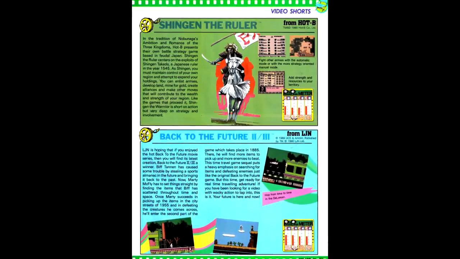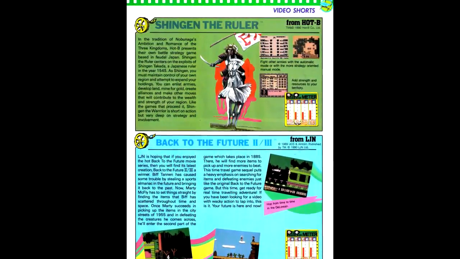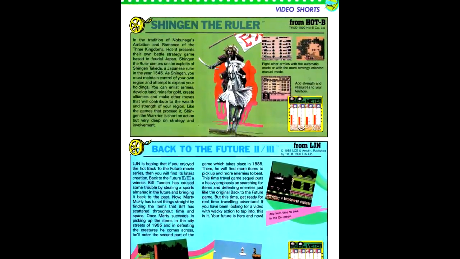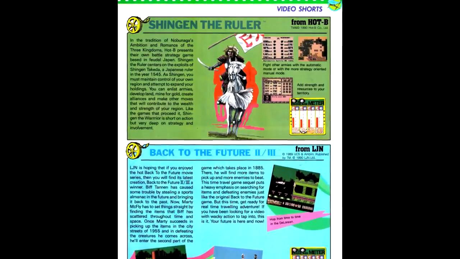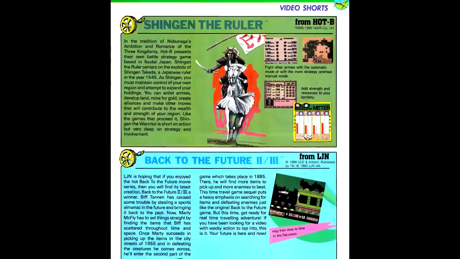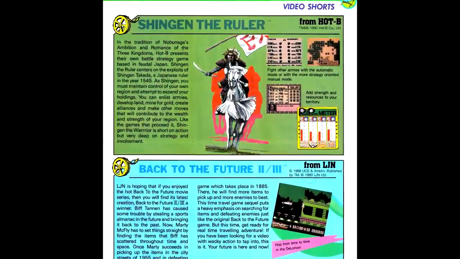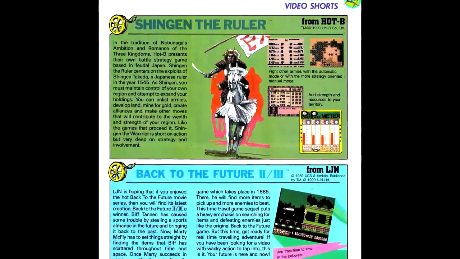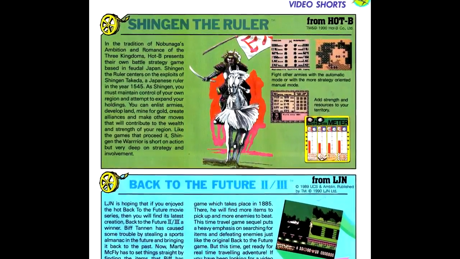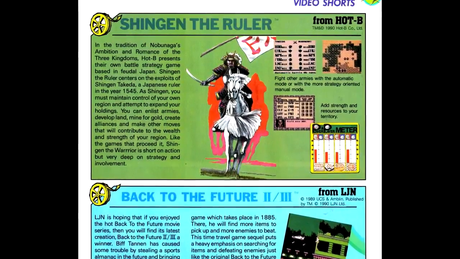In video shorts, we have a look at the strategy game Shingen the Ruler, which is set during Japan's Sengoku period, and, like Nobunaga's Ambition, features the name of a major daimyo from that period who didn't make it to the shogunate. You know, I'd almost ask why there aren't any games set in the Sengoku period that are named after Ieyasu Tokugawa, but then I remember that the reason he managed to become shogun was because Nobunaga, who Tokugawa was lieutenant to, took out all the major opposition before Akechi Mitsuhide, another of Nobunaga's lieutenants, betrayed Nobunaga in the attack on